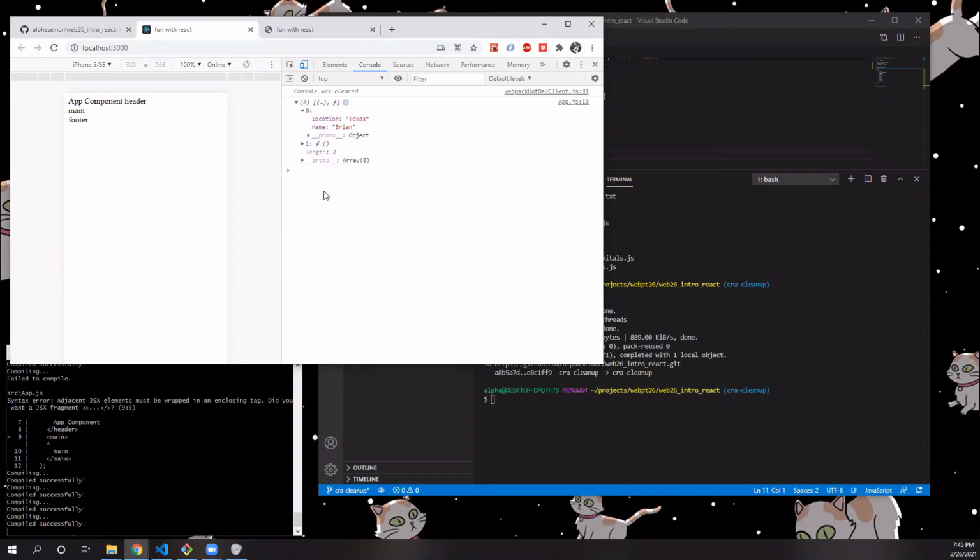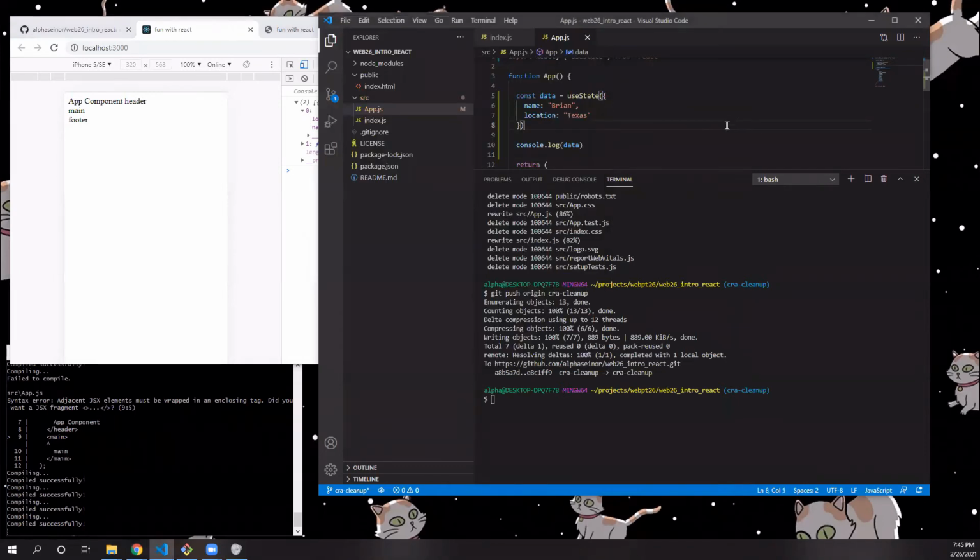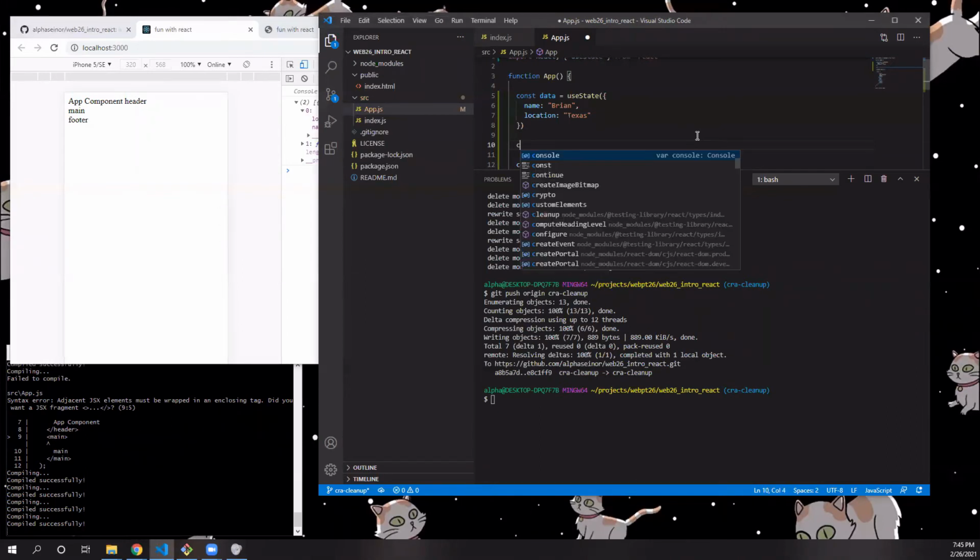So the setter function, all it does is overwrites your object or anything that was in this 0th element. So what you could do, if you were trying to break this out, what you could do is you could do